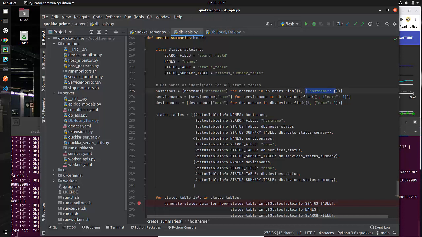The second is, what do I want returned? And here I'm saying, I want you to return the host name, basically saying this is the field, host name, and then 1 is just a numerical true that tells PyMongo that we want to return the host name. Everything else will not be returned except for the underscore ID, which we don't care about in this situation.